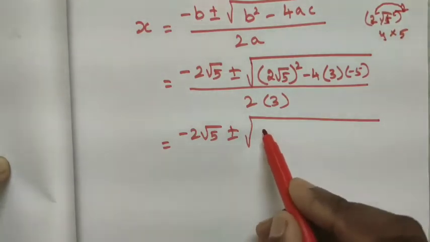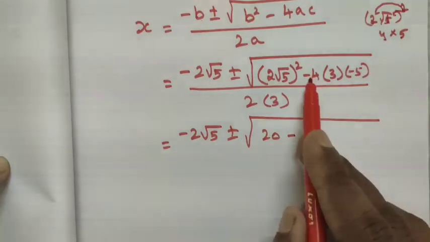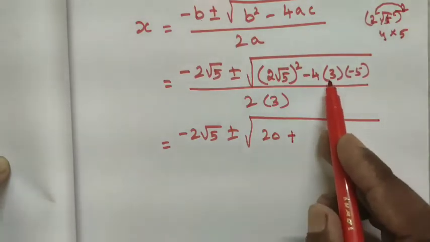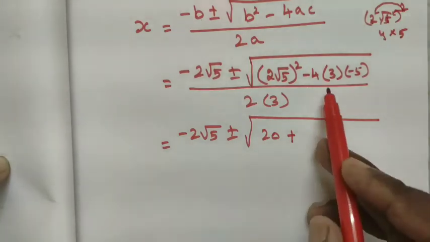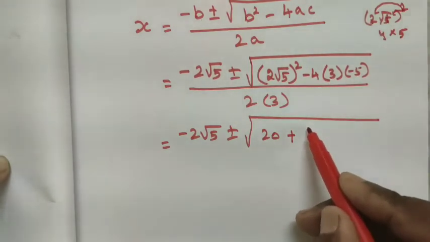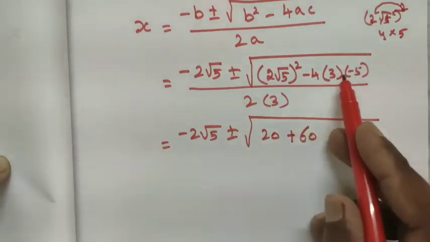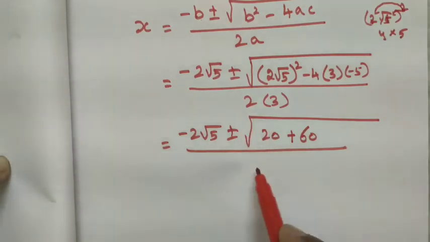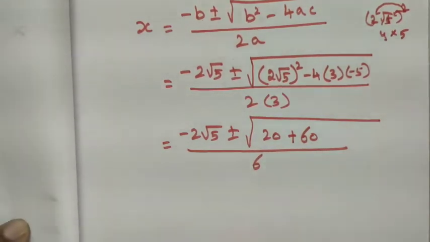So 4 5s are 20. Minus, here also we have minus, minus into minus is plus. Next, 4 3s are 12, 12 5s are 60. Whole divided by 2 3s are 6, right? Next term